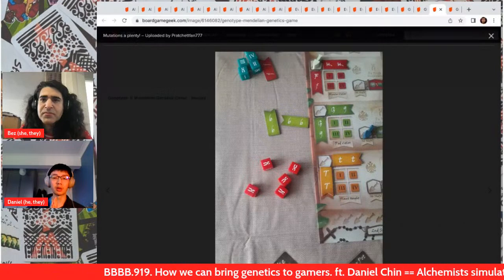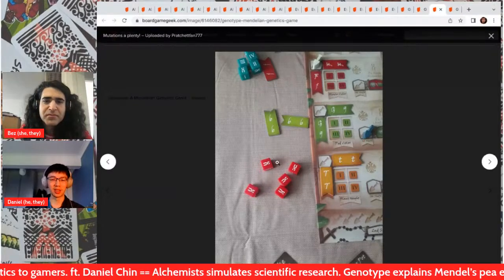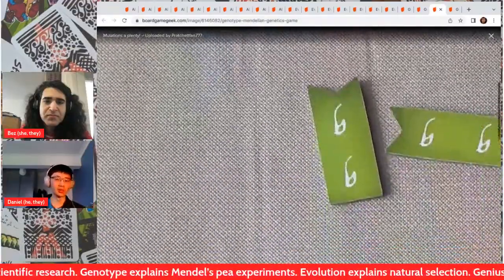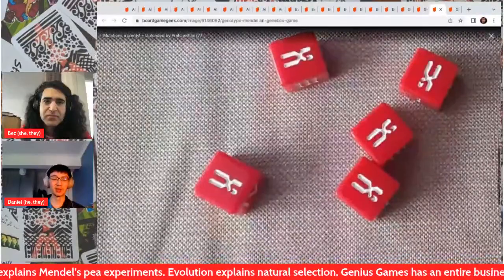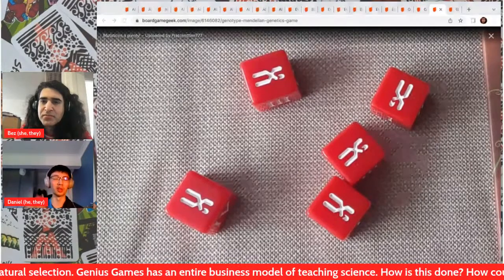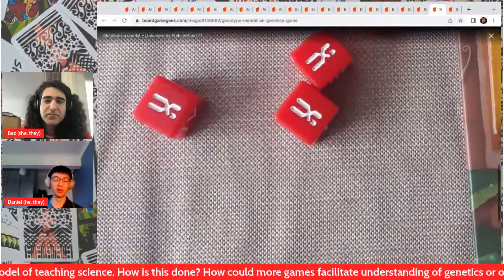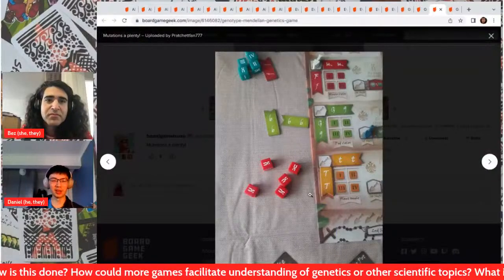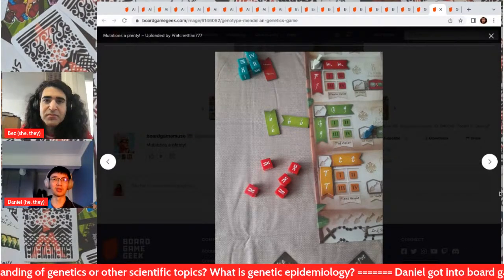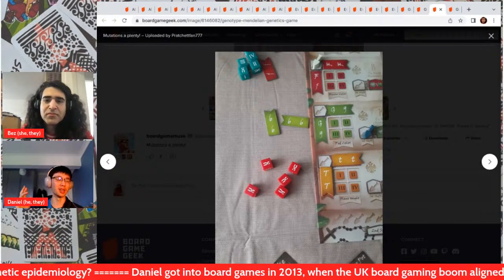And the clever aspect is the dice, the semi-placement aspect: when you roll these dice, you're simulating the potential breeding outcomes for these plants. In the game you have to re-roll those dice, and they can act as wild cards for matching plants in the pool of genetics that you have, but that also simulates the genetics concept of crossing over, chiasmata, where